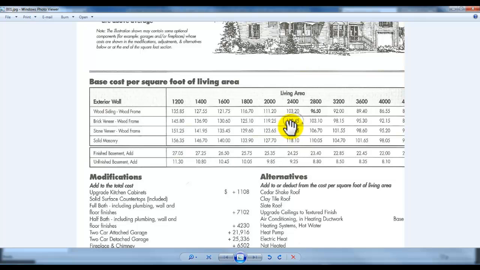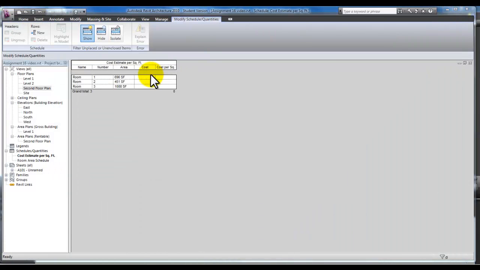I just wanted to show you that there are several cost estimating books. You can establish per square feet based on the class and the type of building using a number,